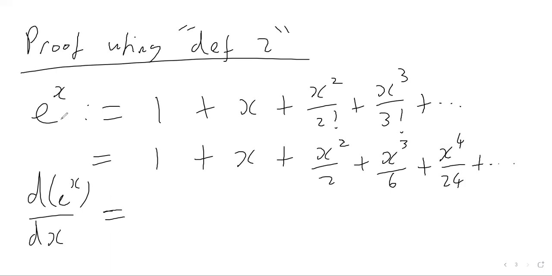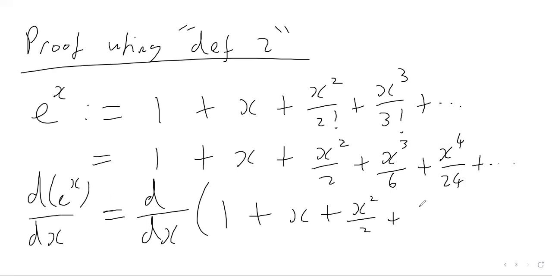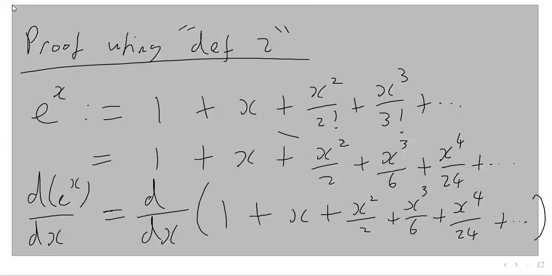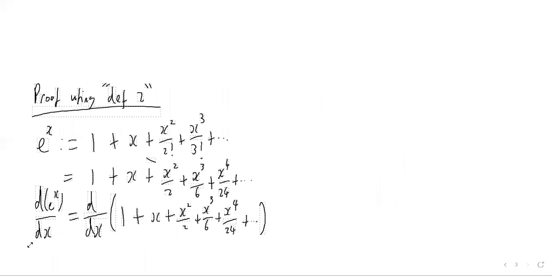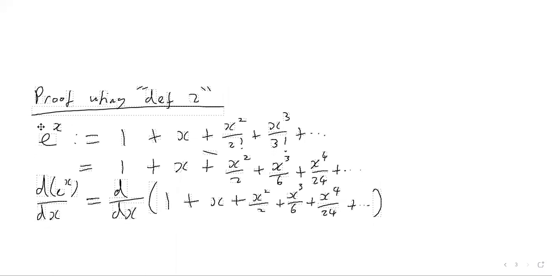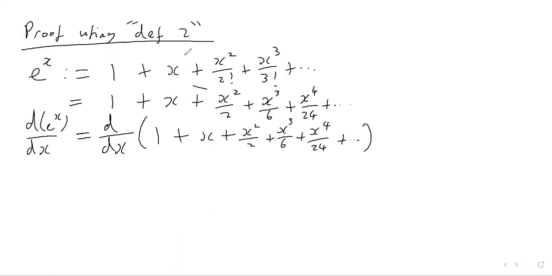So if we want to differentiate e to the x using this definition, we're going to be differentiating all of this summation, and so on. Okay, so that's what we want to differentiate. Just make this all a little bit smaller. Okay, so we're going to be differentiating this